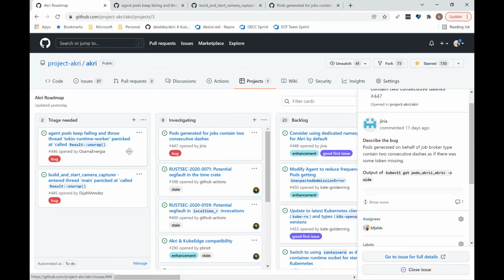Okay. And then we've got agent pods are failing. This seems like a really specific bug that we have been unable to repro, and we have a request out to the person that filed it for more details. It might be tied to a version of the Kube library we're using, maybe not.